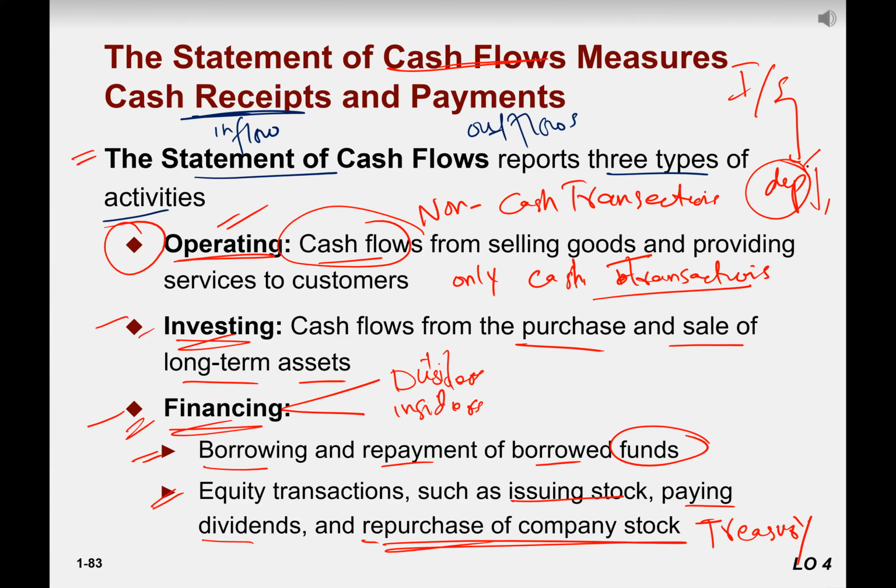So depreciation is not an actual cash expense. You don't actually pay for the wear and tear of the asset. No, right? So that is a non-cash expense. That's why the income statement is not a reliable one on which you can base investment decisions or some kind of decision to invest in this business. Some people, the high executives, they see the statements and they join the company. If the company is not doing good, then they say no, we are not joining your company because we don't see a good future here, right?